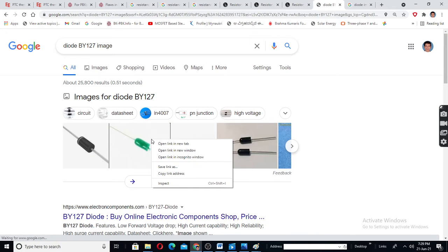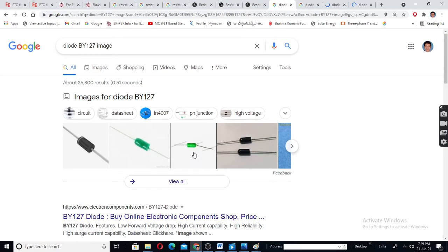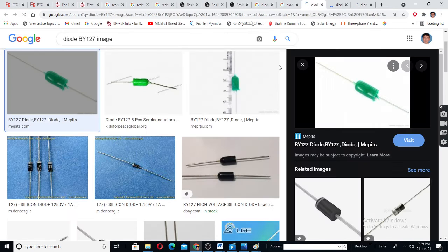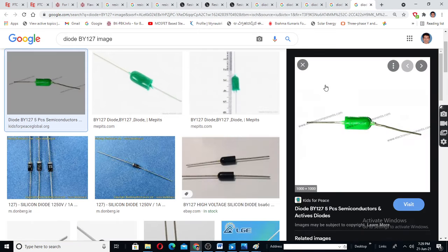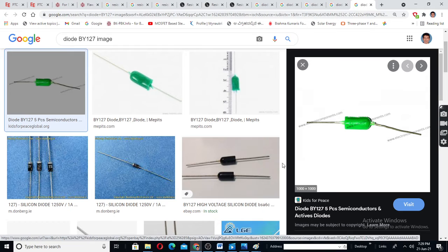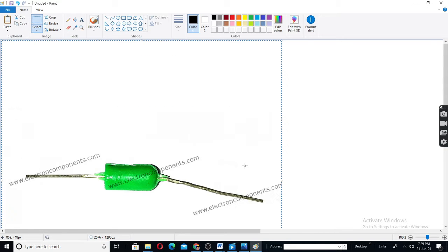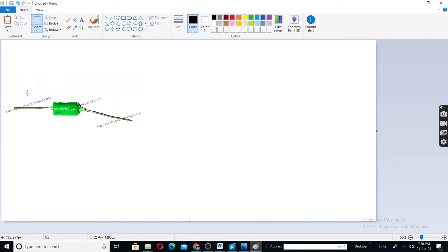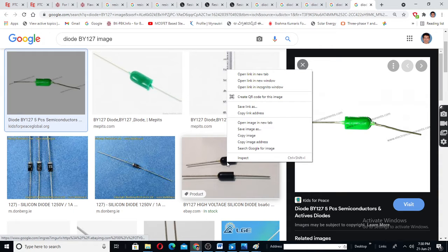It will come like this. But if you have any doubt, you can do a Google search and find the theory or image. You will see that.